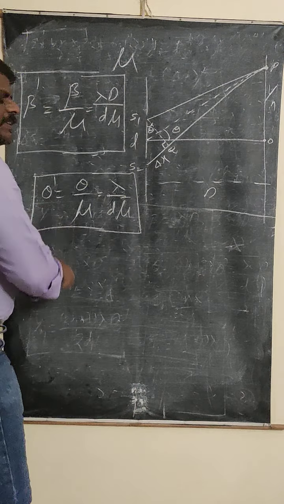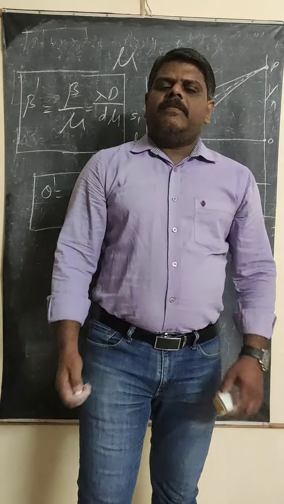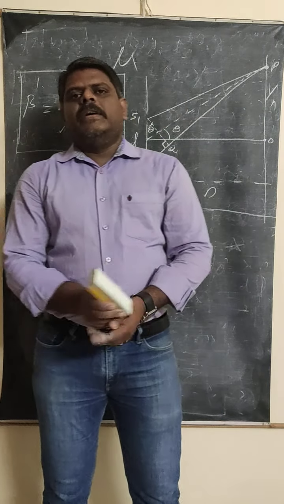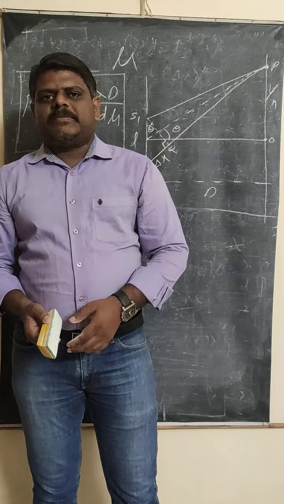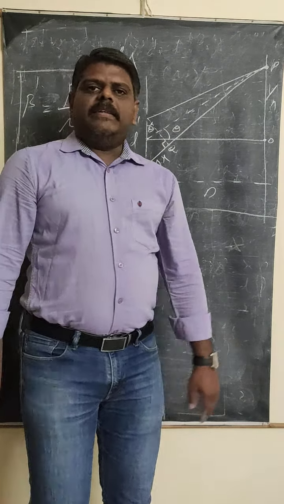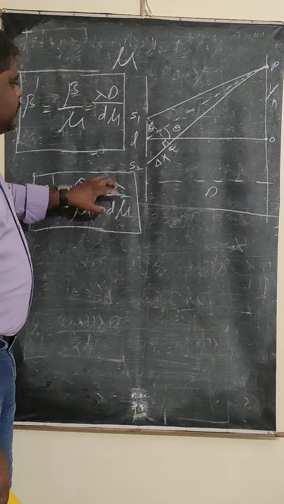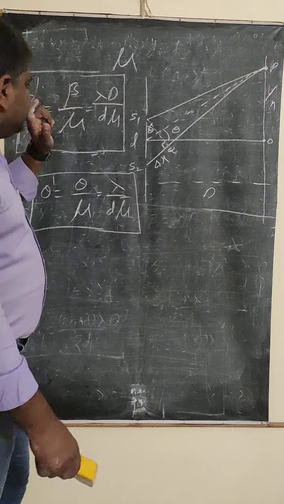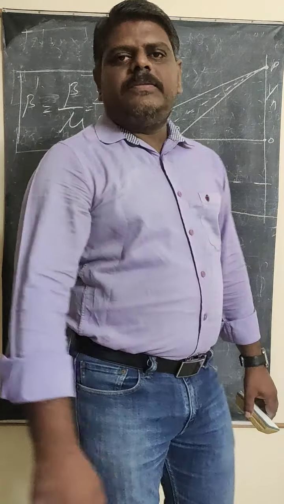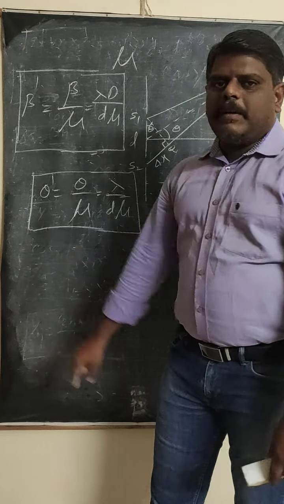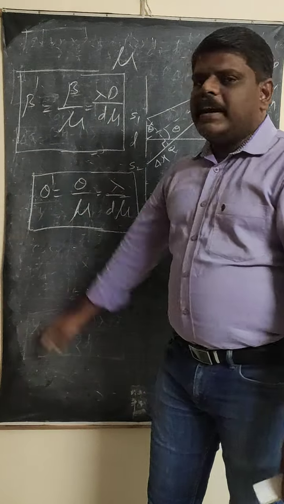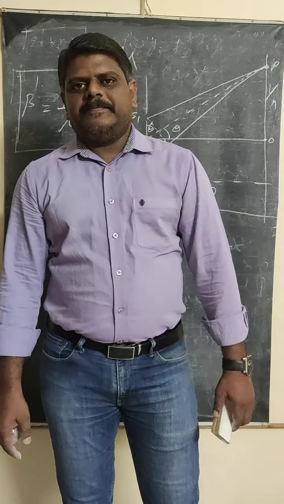But we can write in these conditions itself, which is very important for both PU and for the competitive part also. If the Young's double slit experiment is immersed inside the liquid, then the fringe width and the angular fringe width both are going to decrease, and this is the formula. Beta dash is equal to beta by mu and theta dash is equal to theta by mu. Okay, these are the very important conditions you need to remember.